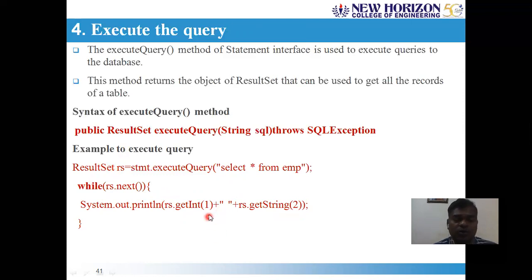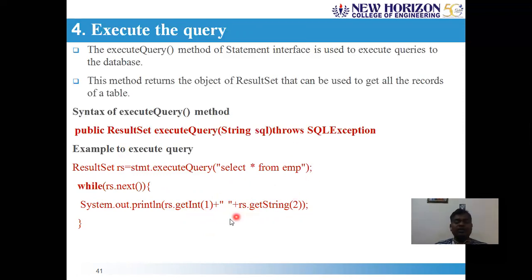It starts with 1 only. Suppose I interchange these values. If I write rs dot get string of 1, it means you are trying to parse the value of the first column as a string, but actually it is an integer, which leads to an invalid type conversion, and it throws an exception for such cases.